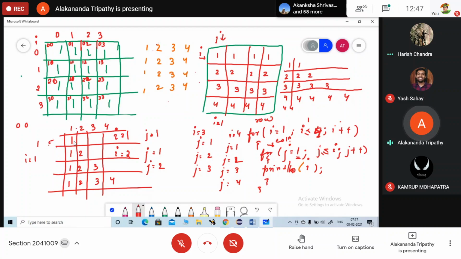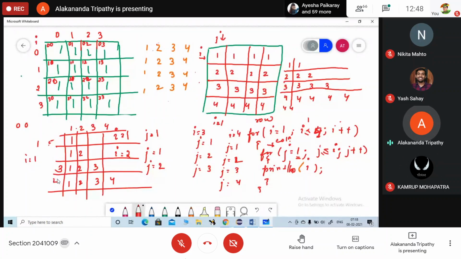In row 1, how many elements are printed? 1. In row 2, 2. In row 3, 3.